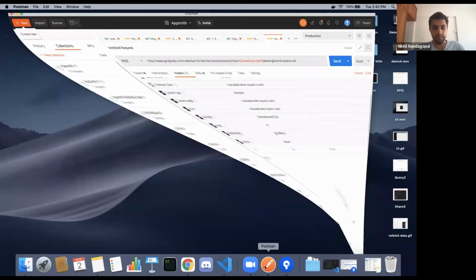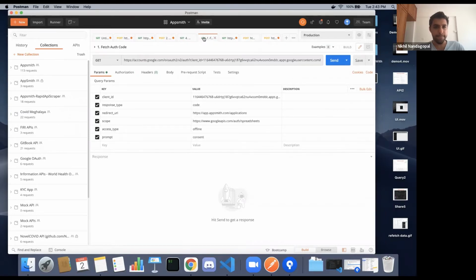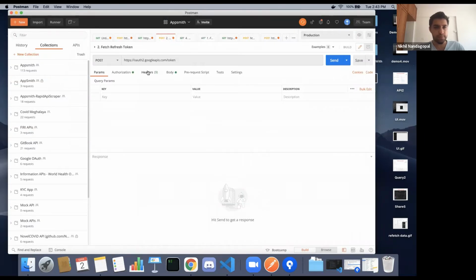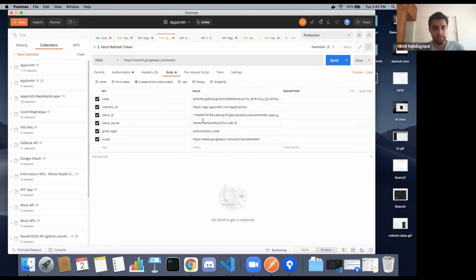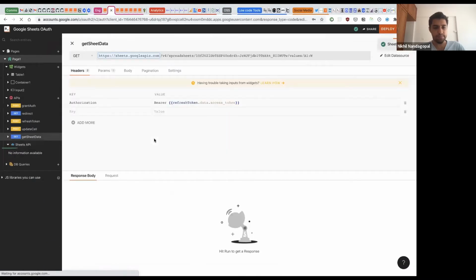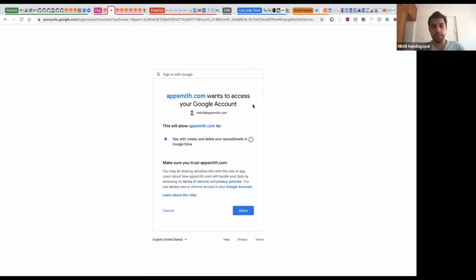This will allow you to authenticate with whichever account you want. Let's say I'm authenticating the Appsmith account. Then this will ask you, do you want to give access to your Google Sheets? Once you allow this,